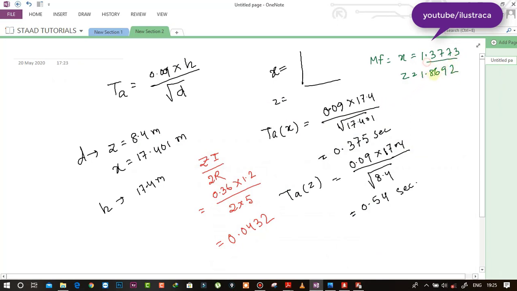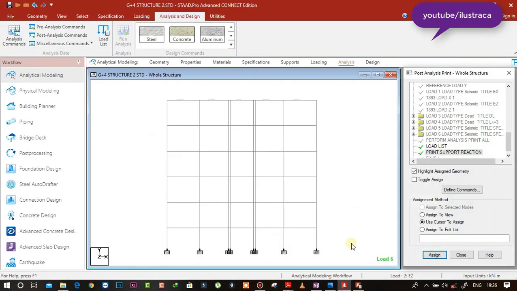So these values we need to multiply with our initial scale factor. With this value we need to multiply the multiplication factor of X and Z. So let's do it again.